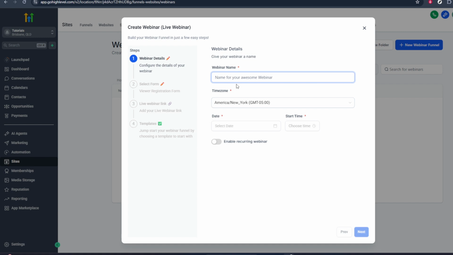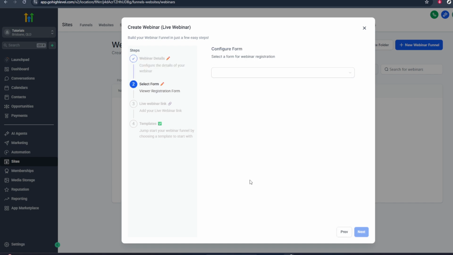Next, look for a button that says New Webinar Funnel. This is usually located near the top right of the screen. Click on New